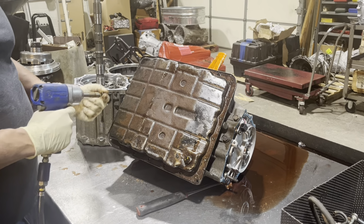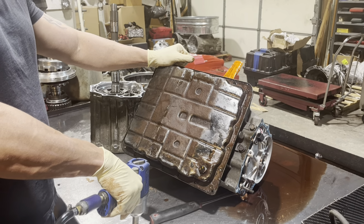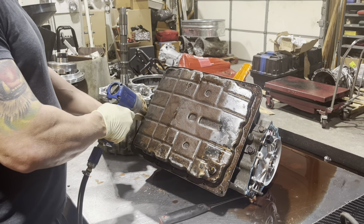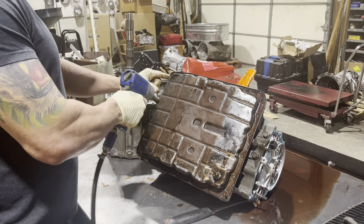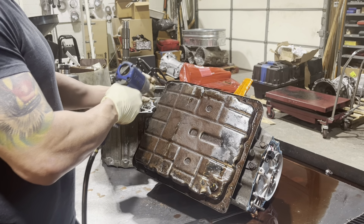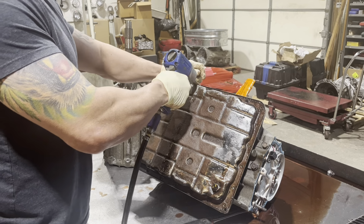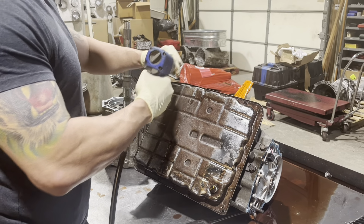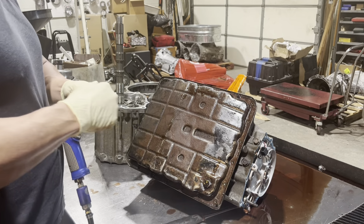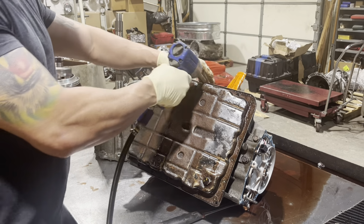How many times over the years have we put a junkyard transmission in for somebody and it didn't even back off the lift? Good 30-40% of the time. Pretty bad news. We don't really need to do that anymore. Kenny and I are former co-workers together at a regular transmission shop many years ago, and yeah, regular transmission shops, you got to be careful. They do all kinds of stuff that maybe isn't the best bet. And obviously every shop is different. I'm not painting everybody with a wide brush, but